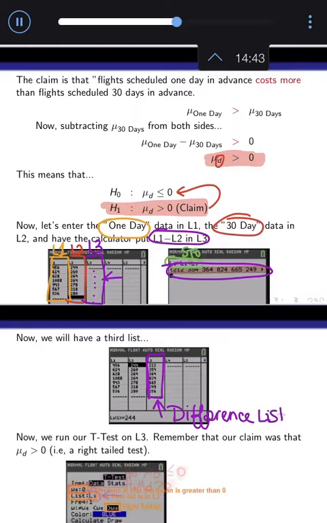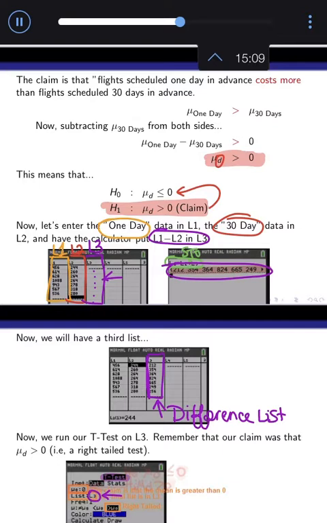Which means I'm down to one list of data that I actually care about. So because I'm down to one list, I'm just going to do a regular t-test on that list. So I can do a regular t-test here on just list 3. Be careful. That is not the default. List 3 is not the default. Usually it defaults to list 1 if you've done any testing in your calculator